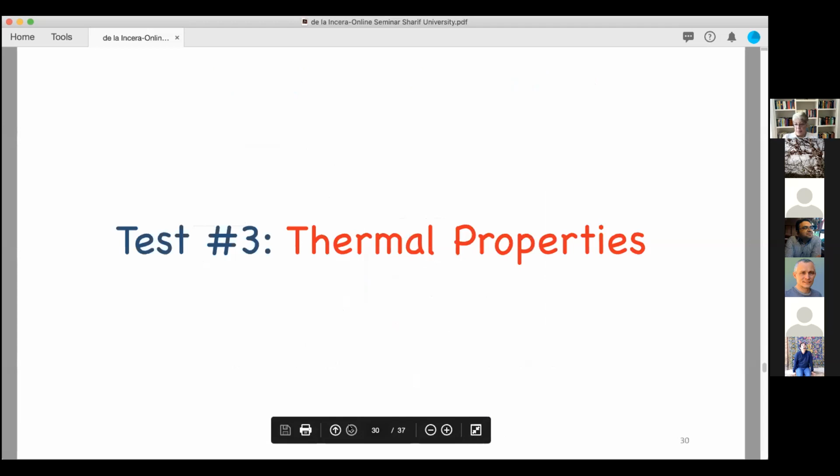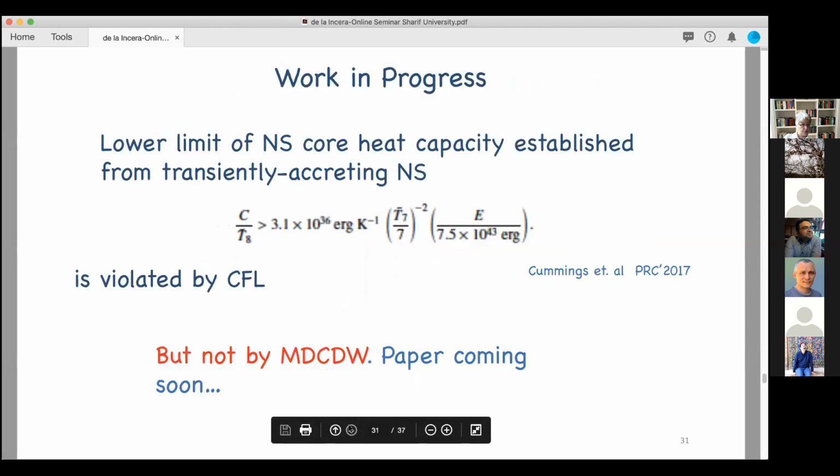One more test that it should pass is thermal properties. Are the thermal properties of this phase consistent with those that are known from stars? This is work in progress, and I'm going to say almost nothing, but it's interesting. I just want to mention that this test also seems to be passed, at least part of the test. The test can be expanded,